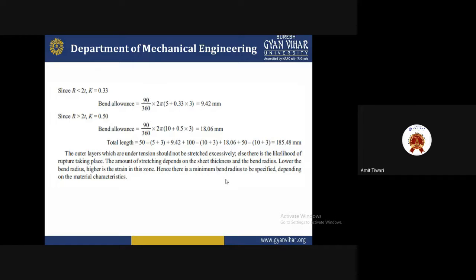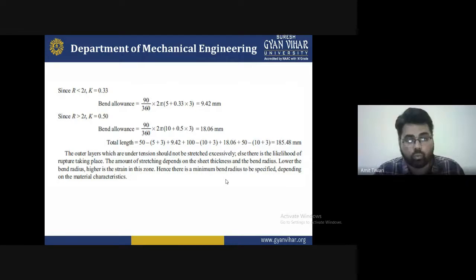So these are some dependent conditions for the material characterization. The lower the bending radius, the higher the strain. If you want to reduce the bending radius, then the strain value will be high. So what do we do with the minimum bending radius? We specify the minimum bending radius depending upon the material characterization, that means material resistance, stress capacity, strength capacity, hardness, and toughness. These are all considerations we have to use during the numerical.